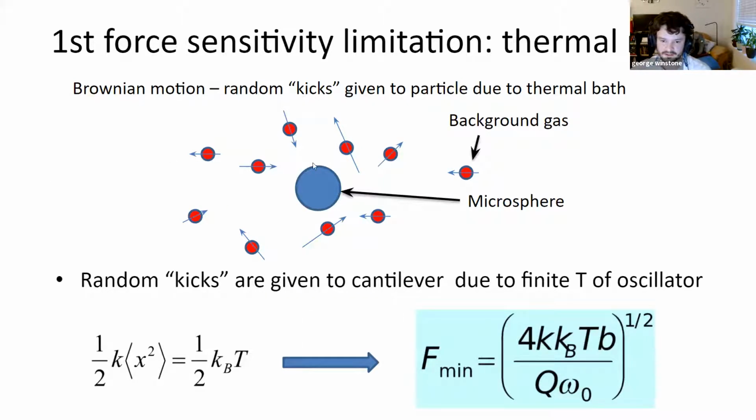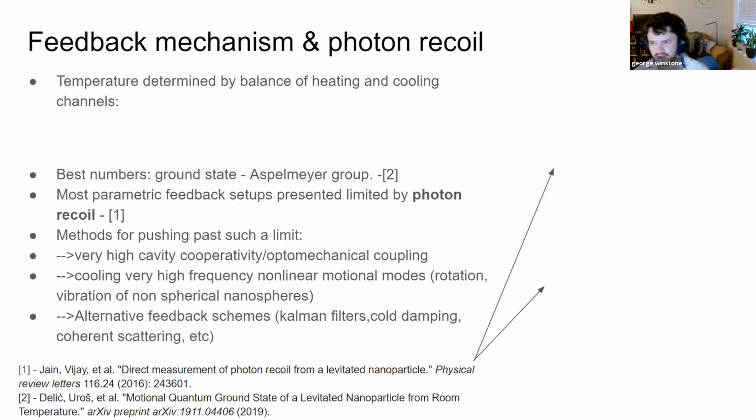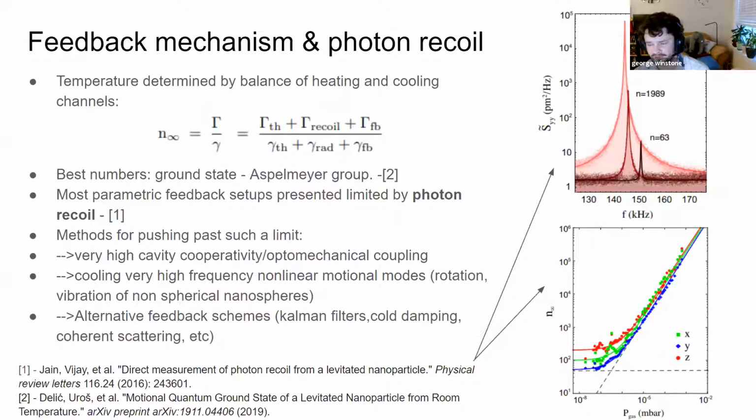Random kicks from the gas interacting with the particle. The particle has a finite temperature. It has an external and an internal temperature, which can be assigned, kind of the surface temperature of the atoms versus the center of mass motional temperature. It's that center of mass motional temperature that we consider in terms of feedback and force readout. But when I've pumped all the gas out of my vacuum chamber, I'm still limited by the next biggest source